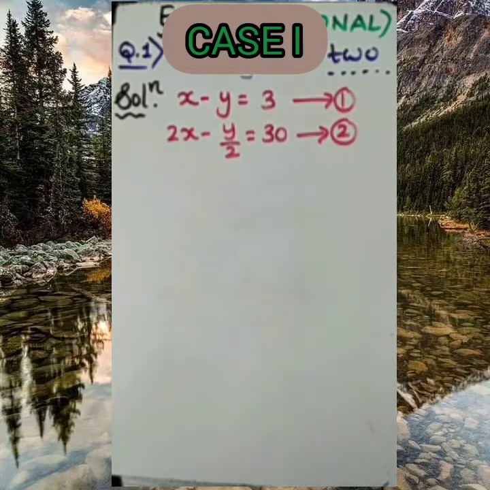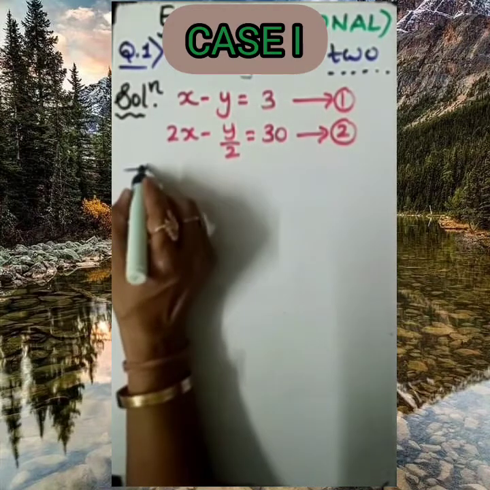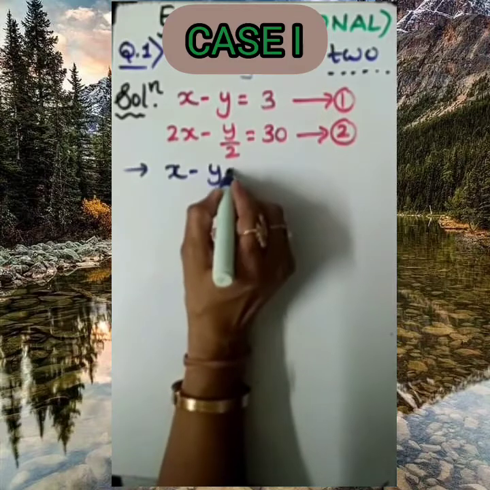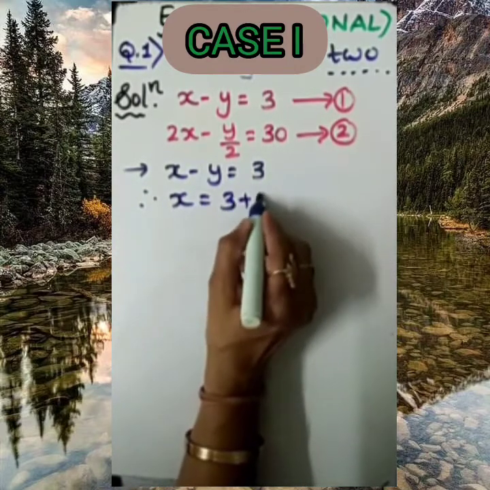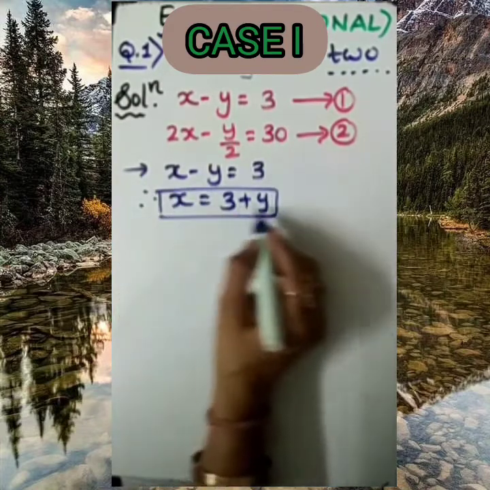Now here we are having 2 equations, equation 1 and equation 2. There are different algebraic methods which we can apply to solve these equations. Fine. So the next is the second part of the solution, which is quite easy. Now better we should go with the substitution method here. Okay. Why? Reason behind that, as we know we are given x minus y equal to 3. Therefore, x equal to 3 plus y. The value of x we got.